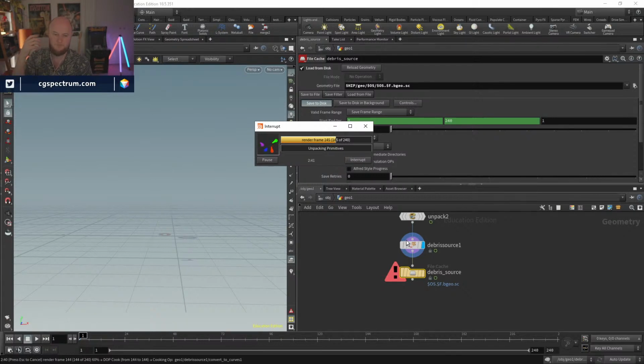But every time it picks that frame up, it has to recalculate. So if you don't have any file caches in there, and let's say it picks up frame 120 and tries to render it, it has to simulate from 0 to 120 before it can even render that one frame. So you could have a render that takes 6 hours. The rendering might take 20 seconds, but it's done 6 hours of simulating